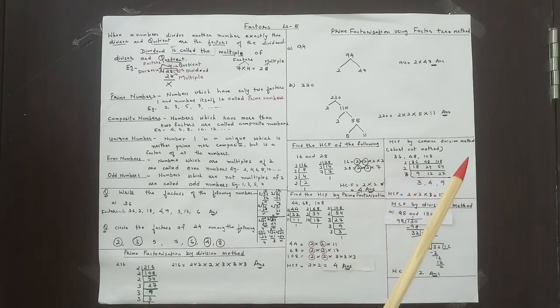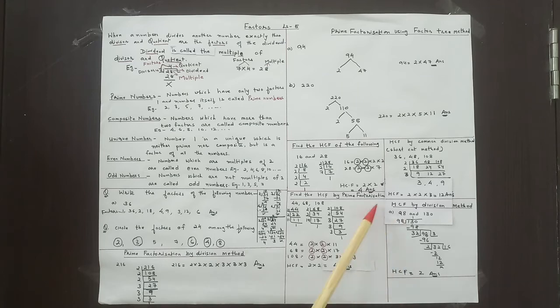We cannot divide all the three numbers by 2, but we can divide them by 3. So 3 3s are 9, 3 4s are 12, 3 9s are 27. Now we are having 3, 4 and 9. But we cannot divide all these three numbers by either 2 or 3. So we will take the factors only this much, only 2 into 2 into 3. So HCF is equal to 2 into 2 into 3, and that is equal to 2 2s are 4, 4 3s are 12, and 12 will be your answer.